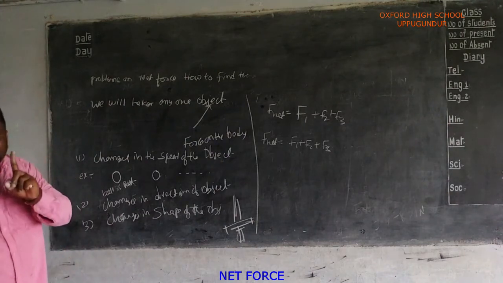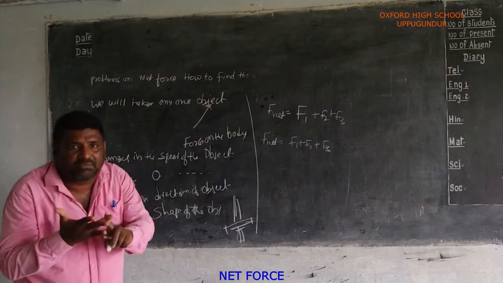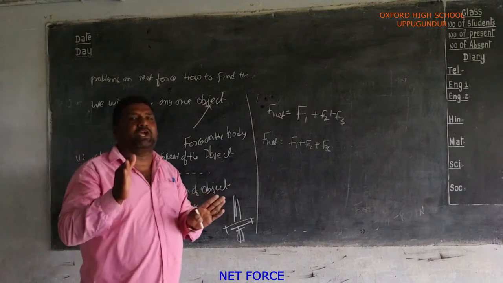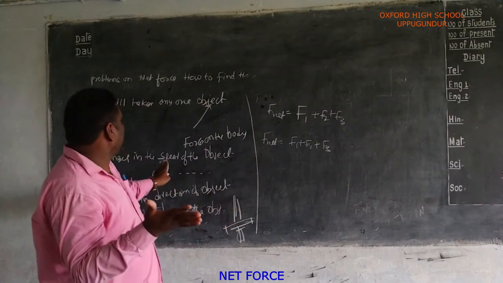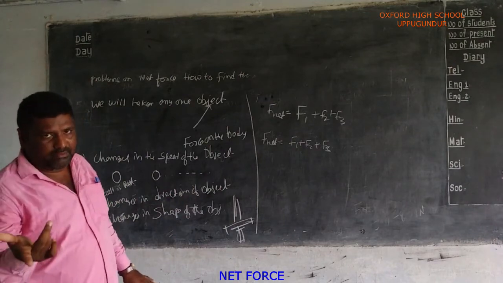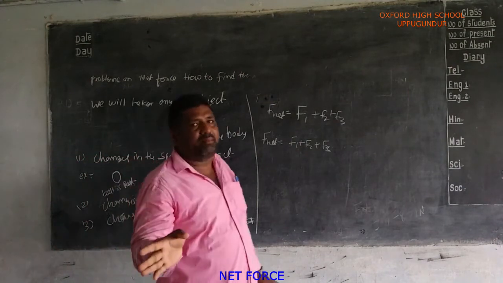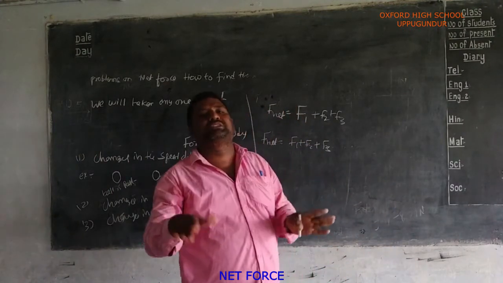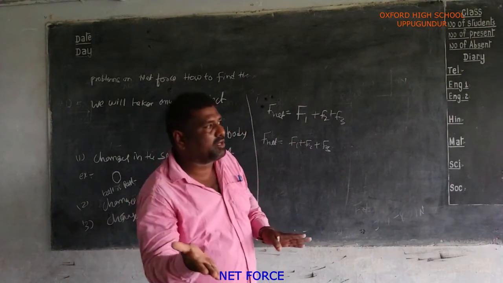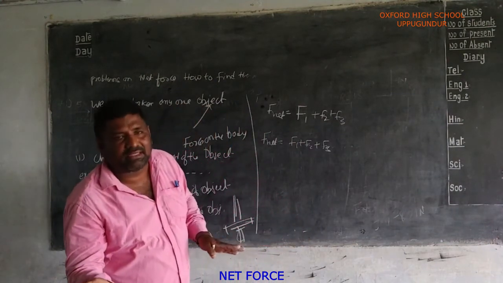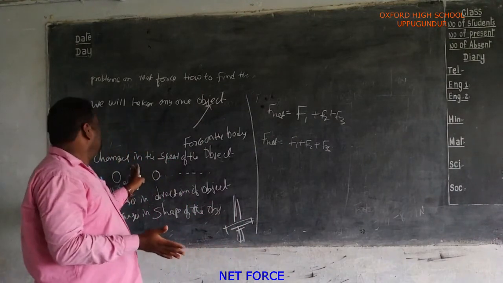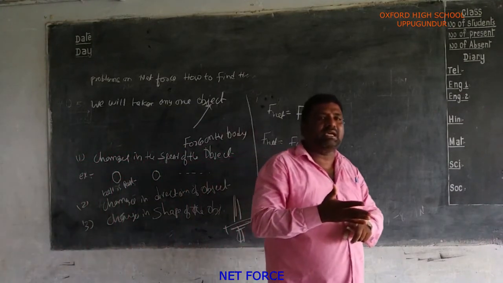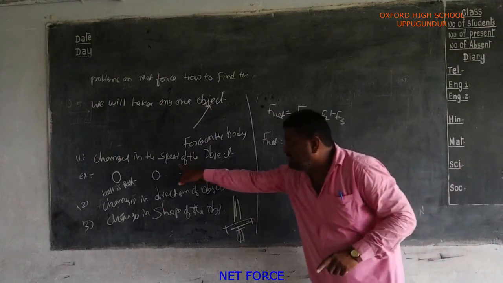So today we discussed our topic: first, the definition of the net force, examples of the net force, and how to find the net force on any one body. Formula: F net is equal to F1 minus F2. Here F1 means the force on the first side, the left side, and F2 is the force on the right side. So the total net force is equal to F1 minus F2. Then, when we apply a force on any one body, three factors immediately change. First factor is the change in the speed of the